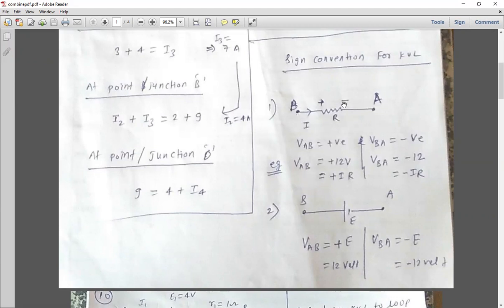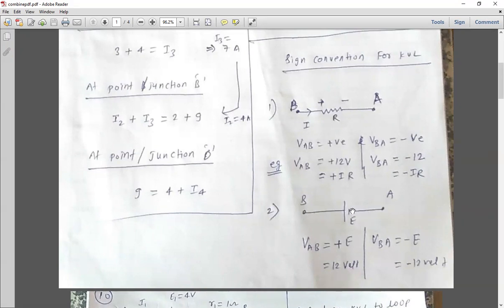And when we are going from B to A, or high potential to negative potential, then it will become a minus IR in case of resistance for voltage. In case of a cell, as we know, the voltage of a cell is nothing but the EMF, denoted by the symbol E. If we are moving from A to B in the representation of a cell, this bigger line shows that this side, point B, is the positive terminal, and the small line shows that this is a negative terminal, or a high potential point and a low potential point.